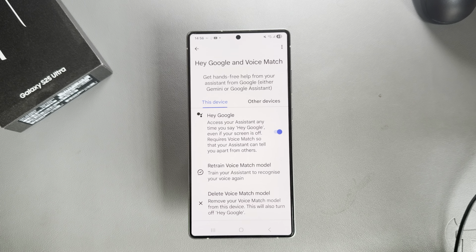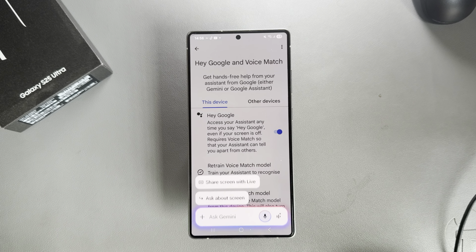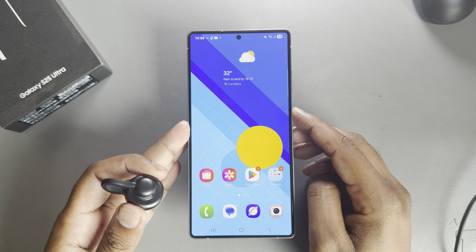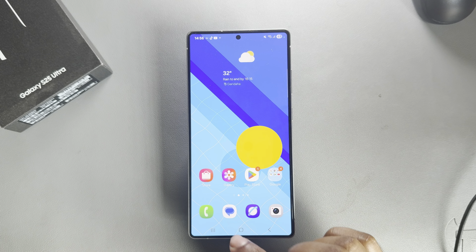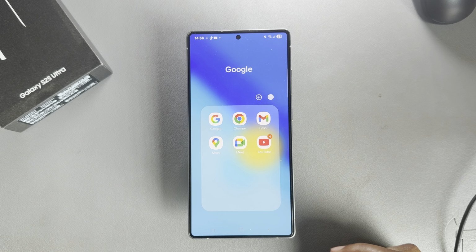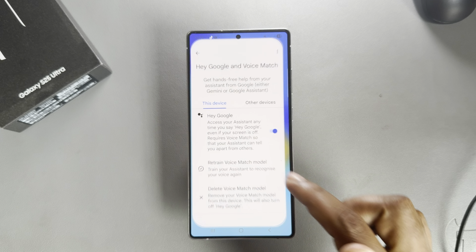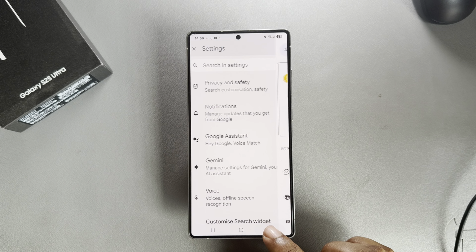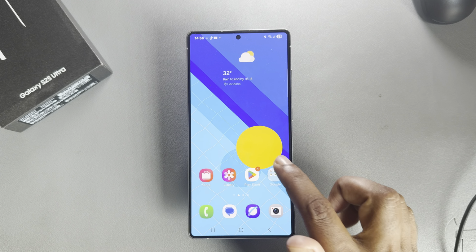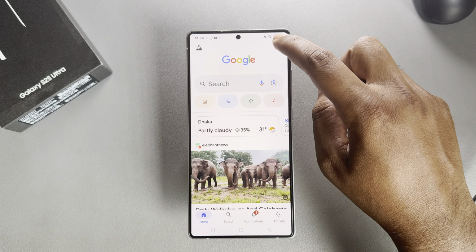Hey Google, hey Google, or if you press on this icon, you can see your Gemini is available. How to enable it? Go to Google, then press on this